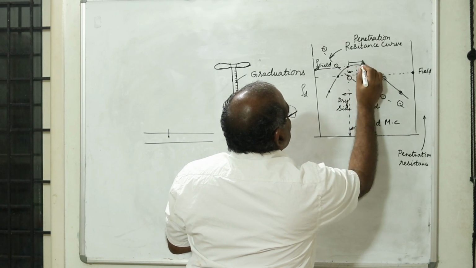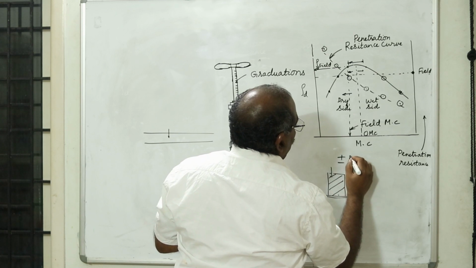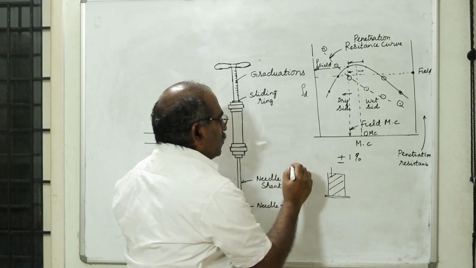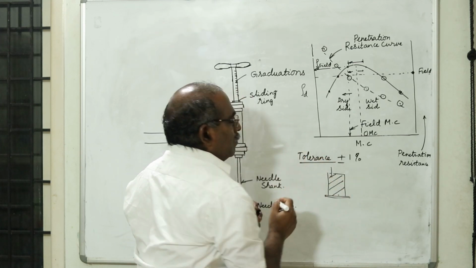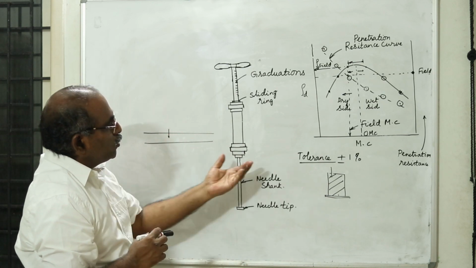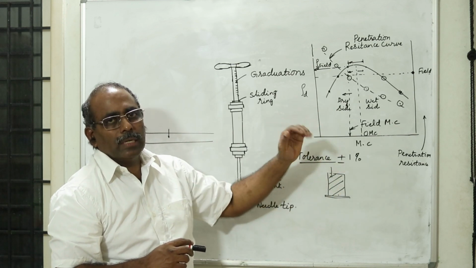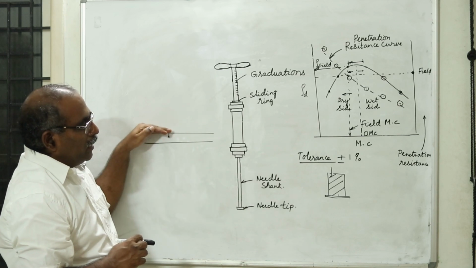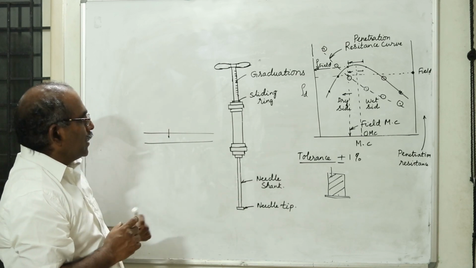The range that is allowed is plus or minus, maybe 1% moisture content or maybe 0.5%. This is the tolerance value that will already be prescribed in the contract. Accordingly, we can check. If it is too far away, I can add some more water and try to roll it, then check it again. Therefore, the amount of destruction that takes place in the field compacted soil is very little. This is the second method of doing it.